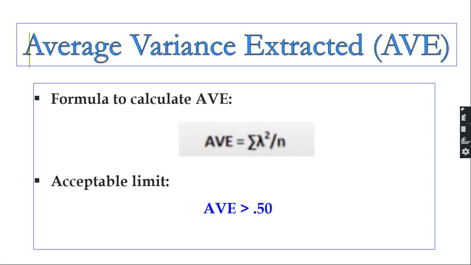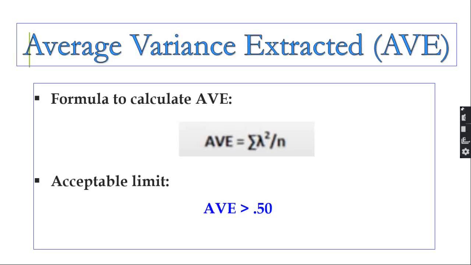This formula is utilized when we calculate AVE in IBM SPSS as well as with the help of MS Excel. However, to calculate AVE in Smart PLS3 we do not need such a formula.